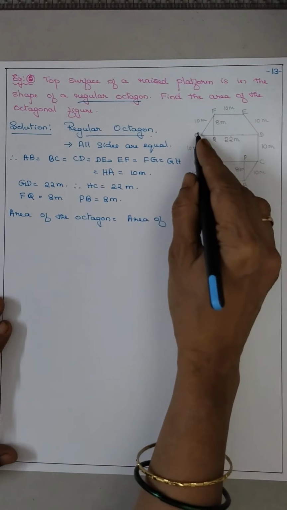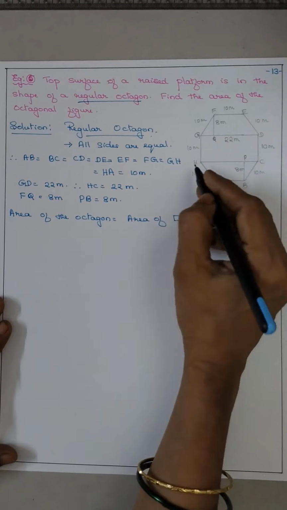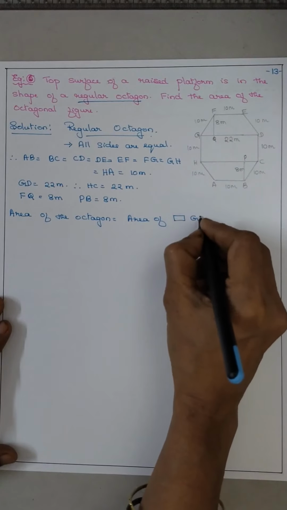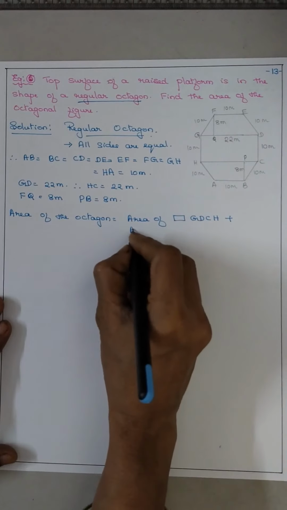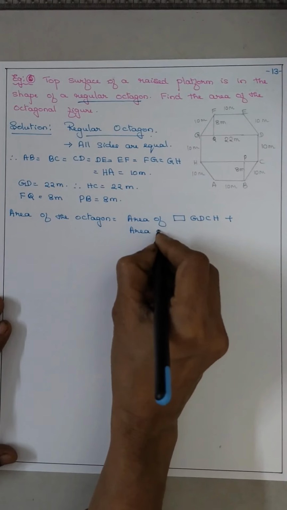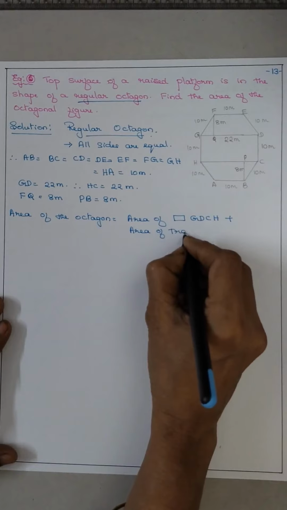That is why trapezium. So we will write area of rectangle GDCH plus area of trapezium